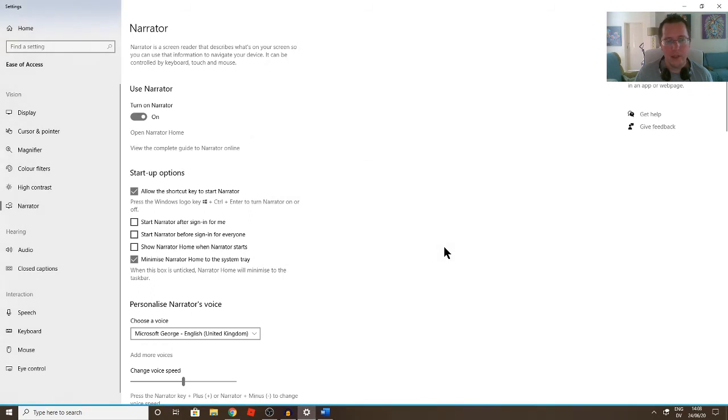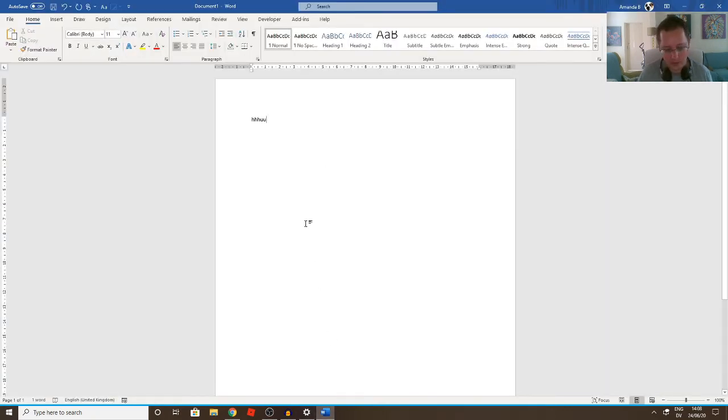And you've got navigation keys and things in there. You've got loads of different settings in terms of how the narrator works, in terms of the voice, what you want it to read out, whether you want it to read out everything, whether you just want it to read out certain things. If I start typing something,